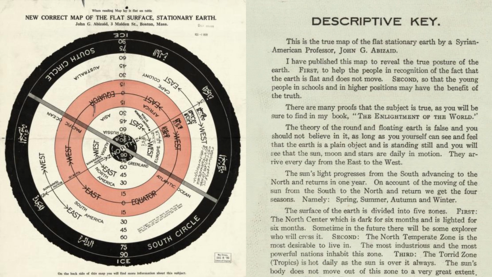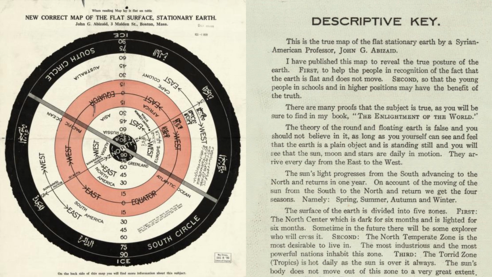This is the true map of the flat stationary Earth by a Syrian-American professor, John G. Abizaid. I have published this map to reveal the true posture of the Earth. First, to help the people in recognition of the fact that the Earth is flat and does not move. Second, so that the young people in schools and in higher positions may have the benefit of the truth. There are many proofs that the subject is true, as you will be sure to find in my book, The Enlightenment of the World. The theory of the round and floating Earth is false, and you should not believe in it,